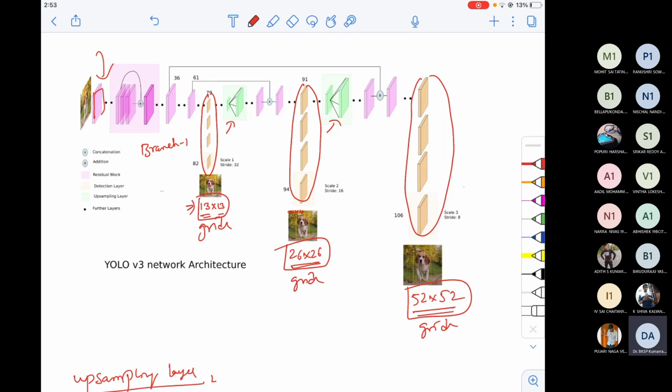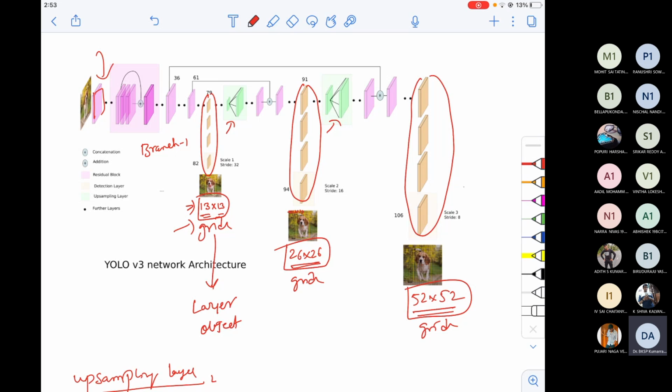Now, if you observe what is happening, this particular 13 cross 13 grid is used to detect larger objects. Why larger objects? Because the grid size is high: my entire image was divided into 13 cross 13 only.